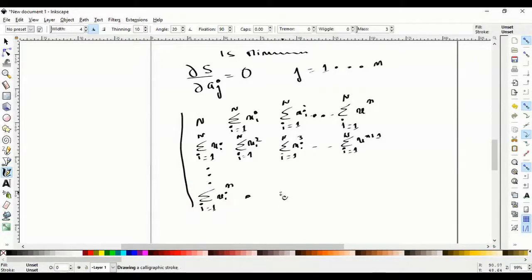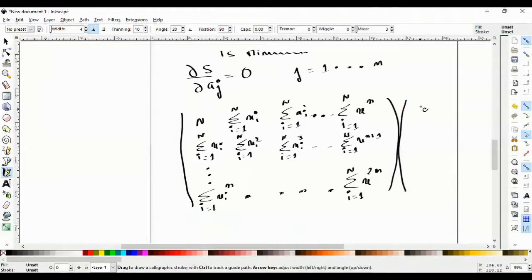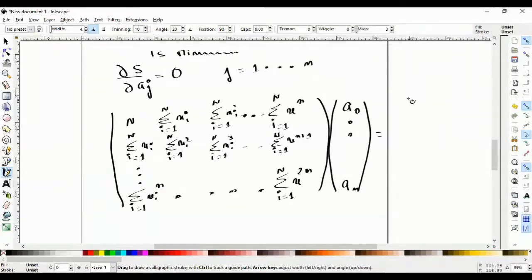And here you will have the sum i equals 1 till n x to the 2n. And here you will have a0 till an. Okay. And as for the column here,